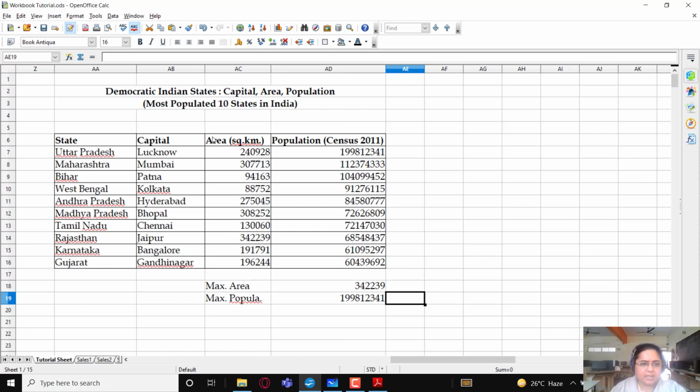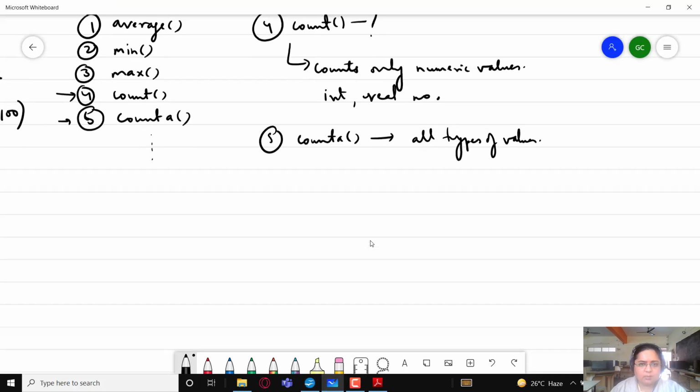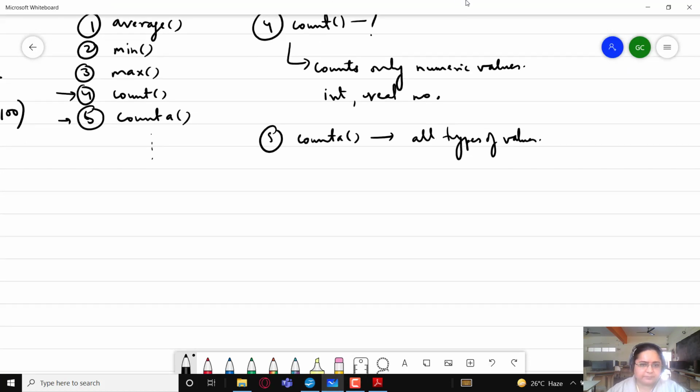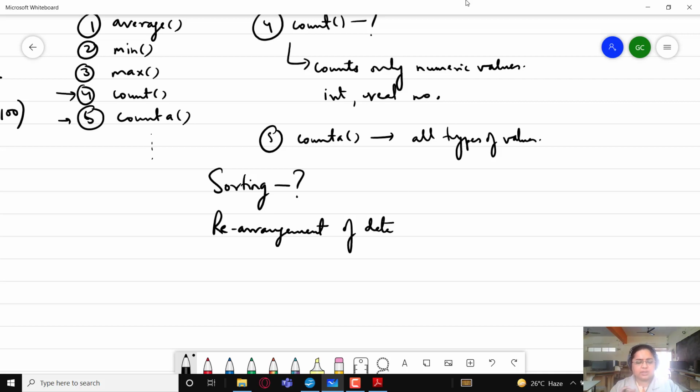Now I'll be teaching one more topic here, that is sorting. What is sorting? Sorting is actually rearrangement of data. I can arrange it in alphabetical order or reverse alphabetical order in case of textual data, that is alphanumeric data.